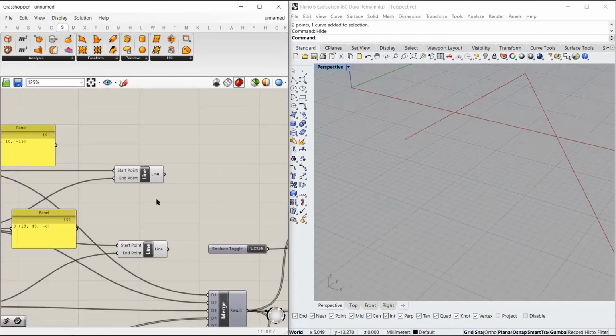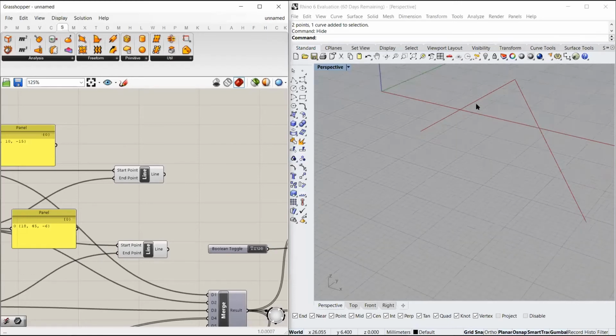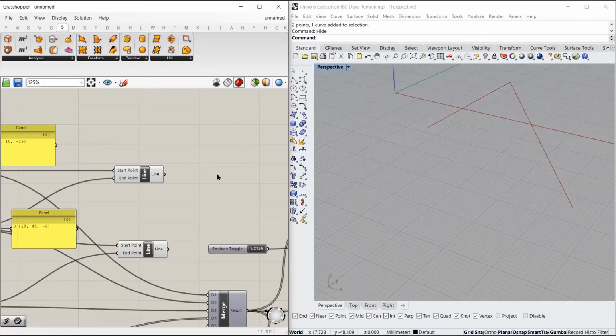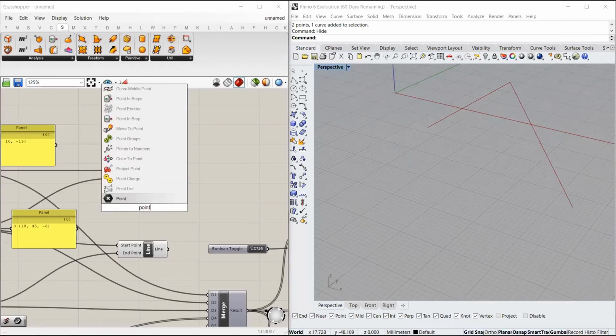So as I said, whatever you want to do as a function in Grasshopper, you just type it in the command box. So to make this line from the midpoint, we want a point on this curve, actually, on these 2 curves. So there's a component called point on curve.